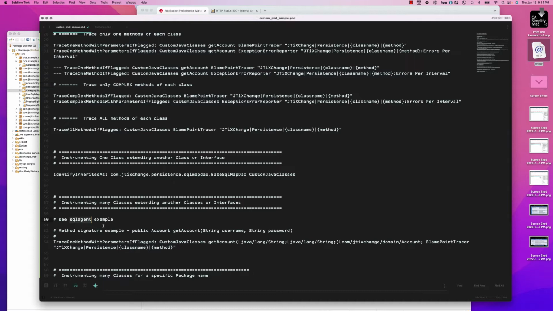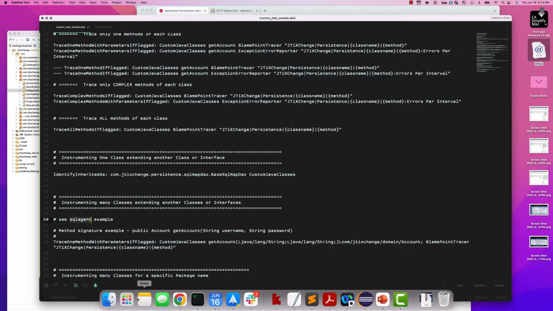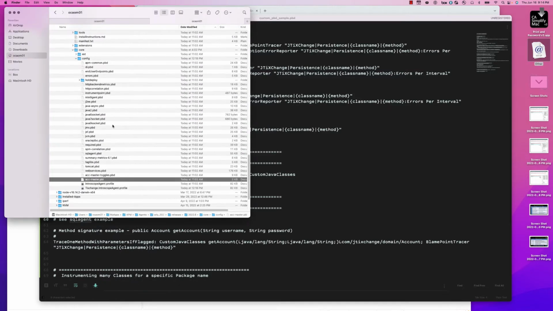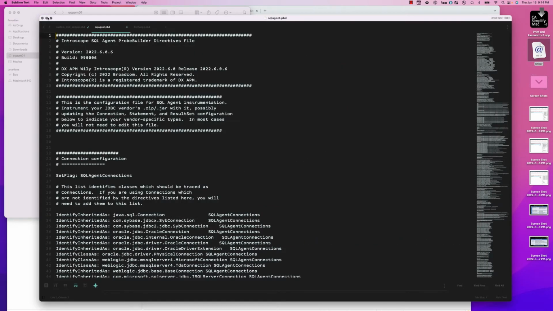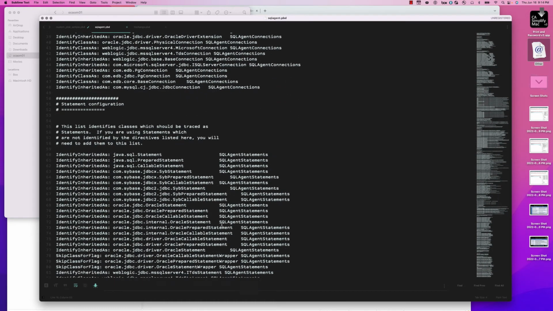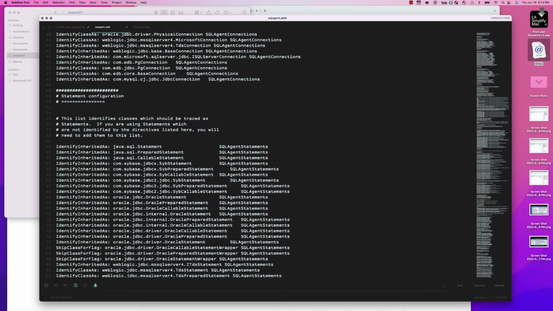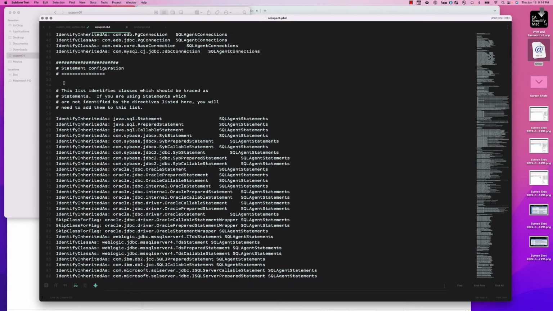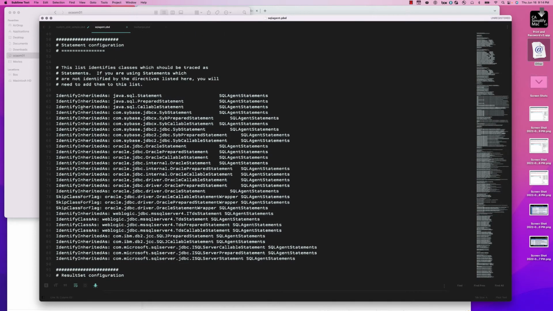So let me give you an example for this. We're going to go ahead and go to SQL. I want to give you this one. Now here's a perfect one. This is our out of the box SQL agent PBD. This is how we instrument all the JDBC calls and the SQL calls and so on and so forth. So notice in here, we're going to instrument statement configuration. So we're saying,